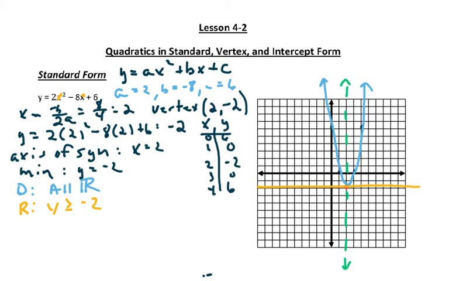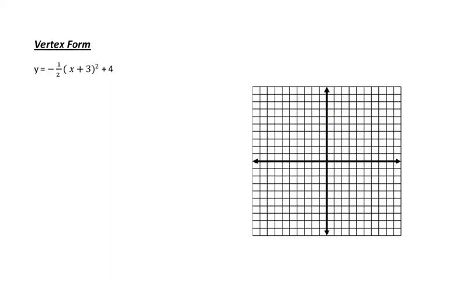All right? A lot of work that we have to do there in standard form. So let's take a look. What happens when they give it to us in vertex form? Well, first of all, what is vertex form? Let's go ahead and give you that. Vertex form is y equals